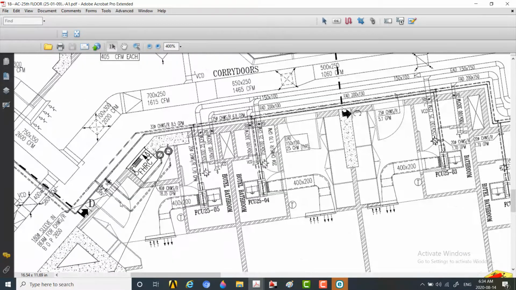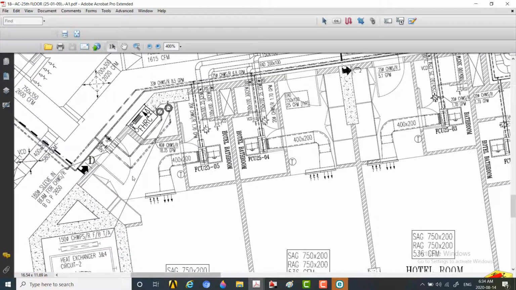So makikita nyo dyan, we have that arrow text, I define this as CWPS. So that means a chilled water pipe. Okay. So S stands for supply and return. So FB, so that is from bottom. Then TA represents to above. So from bottom, when we say from bottom,